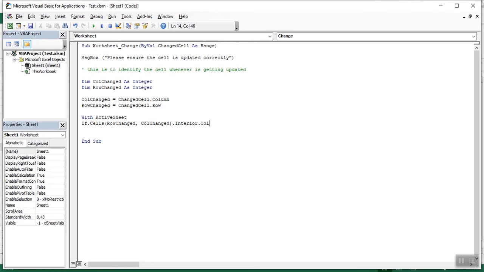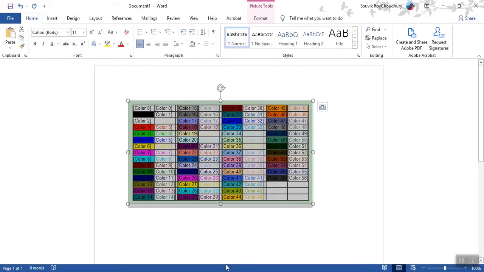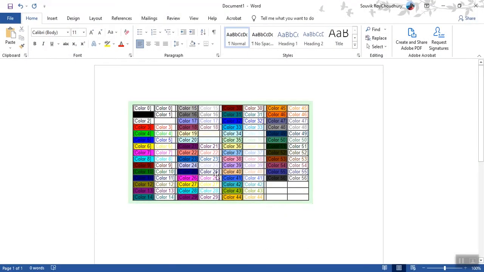So color index equal to, now for the color index, basically we have a set of colors for Excel, which I will show to you. Yep. So this is the list of colors you can include in your cell or in your Excel.